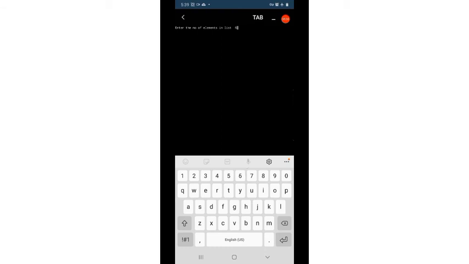Number of elements in the list is 5. Write 13, 3, 12, 4, 33, then 2. So you can see 3 elements are there which end with 3. They are 13, 3, 33. Now this program will find the sum of all the elements which end with 3. So 13 plus 33, that is 46. 46 plus 3, 49.